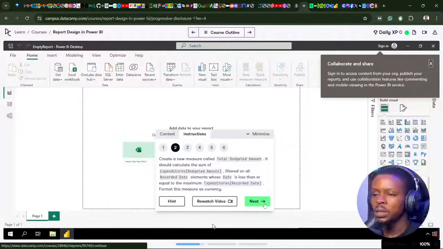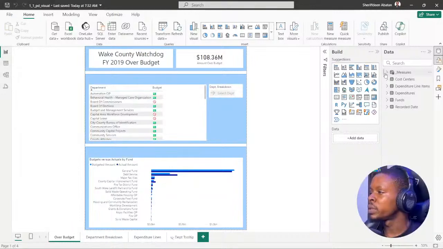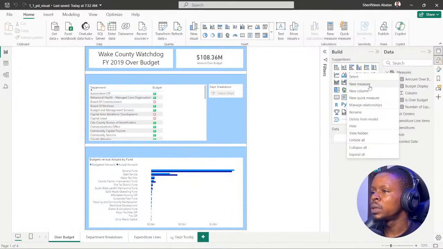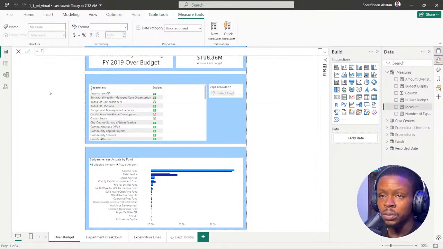We could see that. So create a new measure called total budgeted amount. To create a new measure, I'll just go to the Measures table here real quick, click on it, and choose new measure. I'm going to call this measure total budgeted amount,